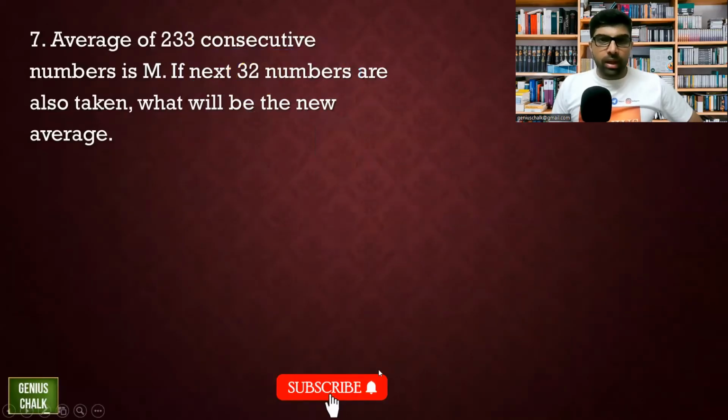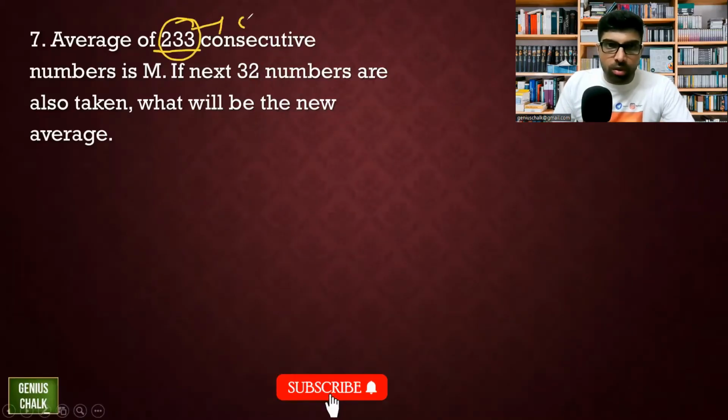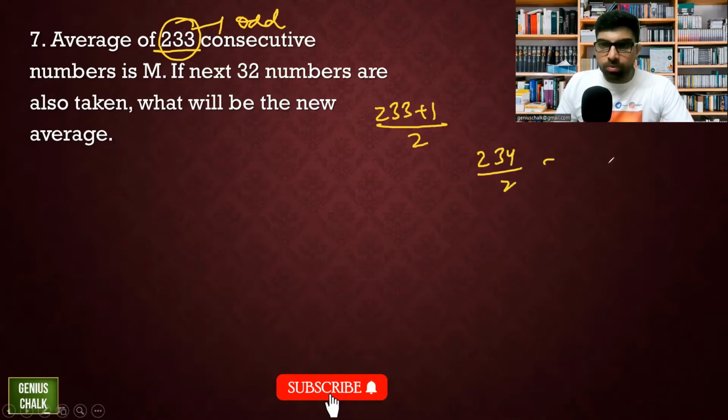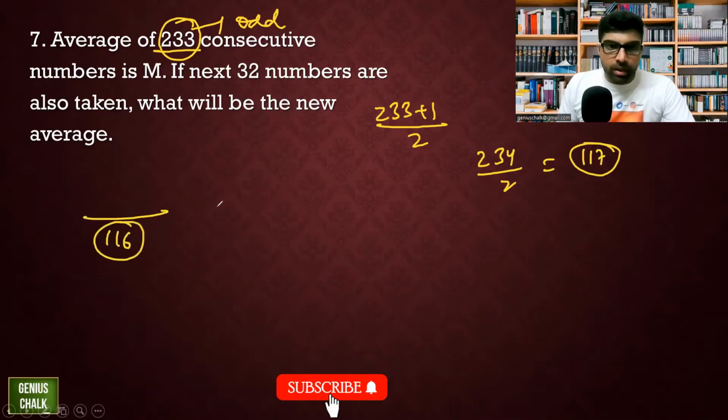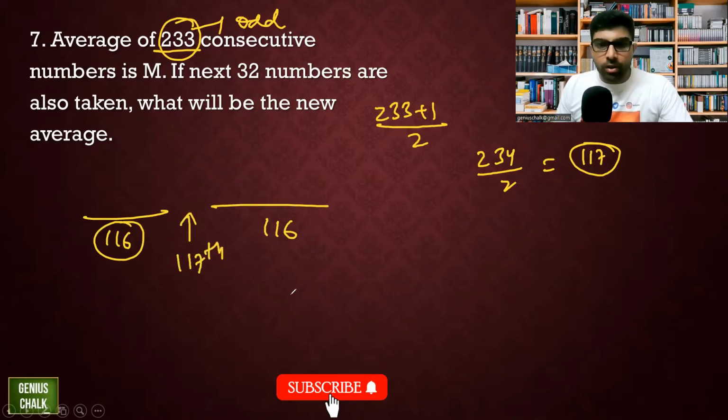Let's try applying the same method here. 233. Now you can't write this obviously. So 233, just observe, this is an odd number. For an odd number, what is the average? N plus 1 by 2. That is 234 by 2, that is 117. That means 116 observations you leave this side, 116 observations you leave this side, and the 117th observation